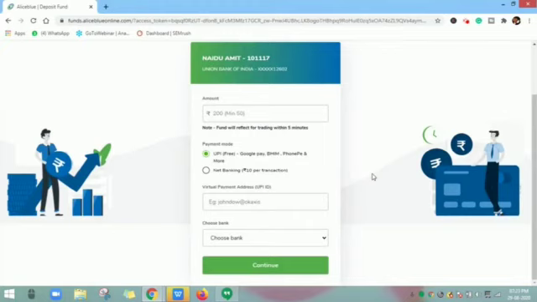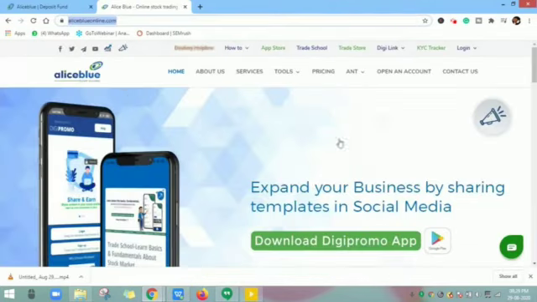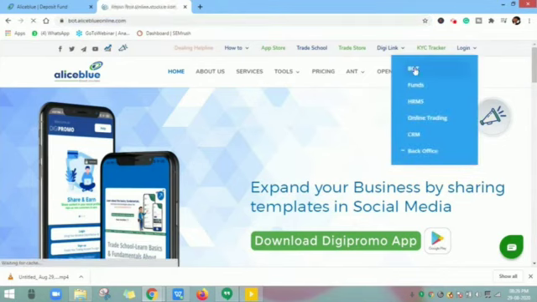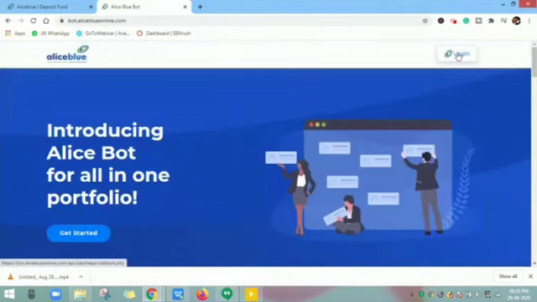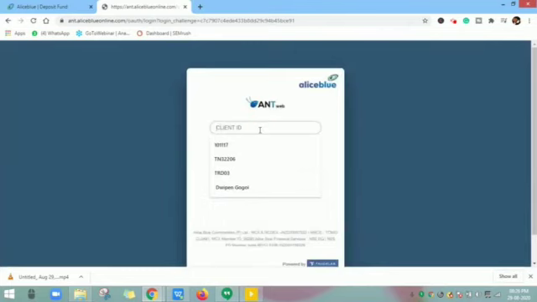Also note that the funds added by this method are available for trading within 5 minutes. To immediately verify if funds are added, please check the ledger report in Bot. Let me show you how it's done. Visit our Alice Blue online website and click on the Bot. Now click on login. Enter your credentials.